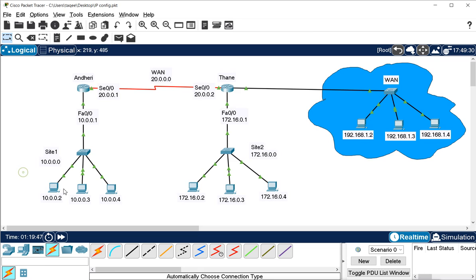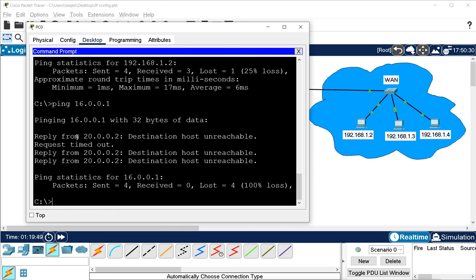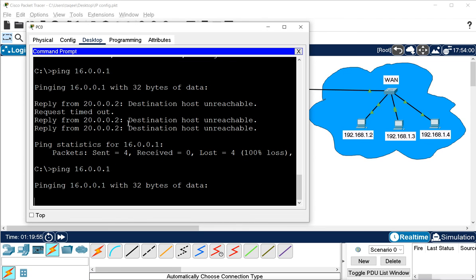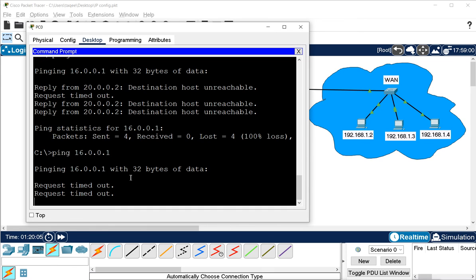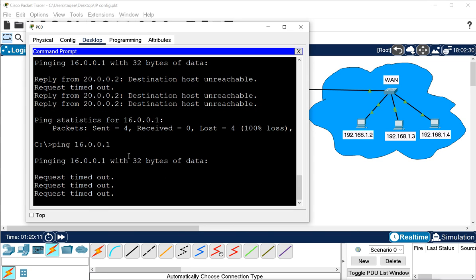Now when I try to ping here, previously it was saying not reachable for the network. Now I will try again. Now we will not get destination host unreachable, because both the routers are trying to send the data to that default route. But there is no network available, so we are not getting the reply. We always get timeout, but we don't get destination host unreachable, because for any IP, it will send the data to that side.